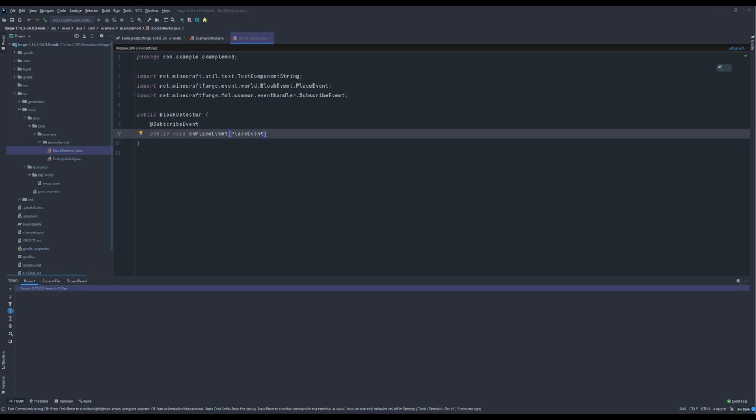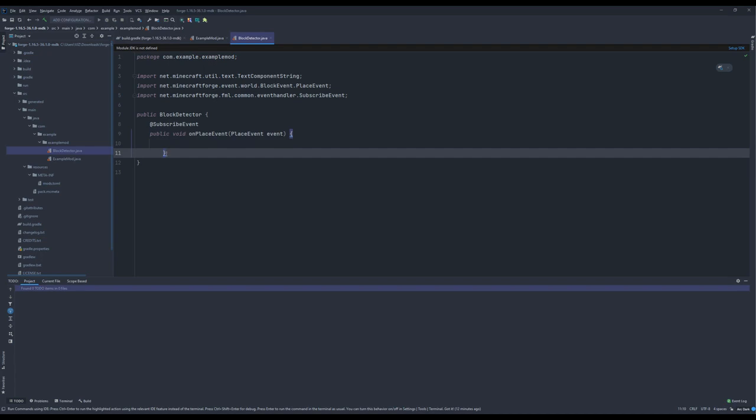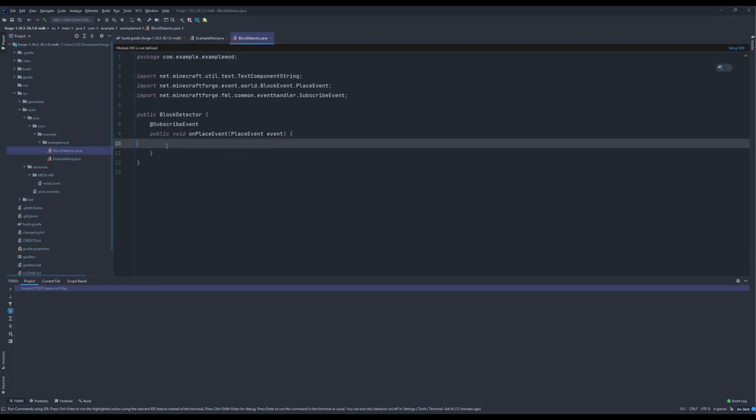There we go. And then obviously our variable name with the event. I don't know why the bracket indentation is weird, but let's just fix that. Alright, and then this is pretty much basically a one-liner of code. You can just do event dot get player, your current player. So far so good. Send message